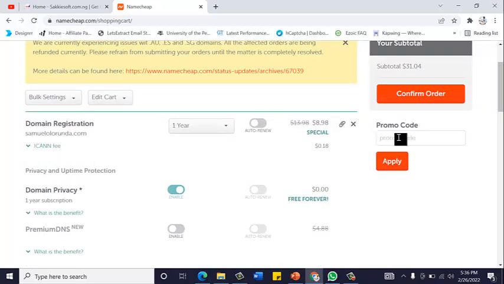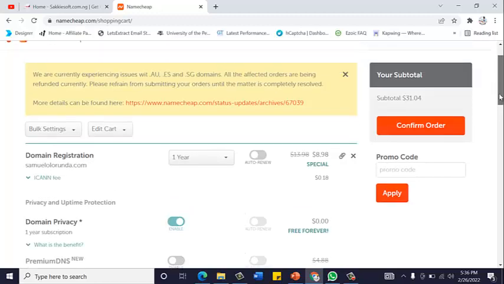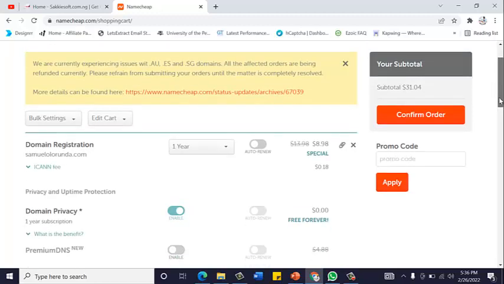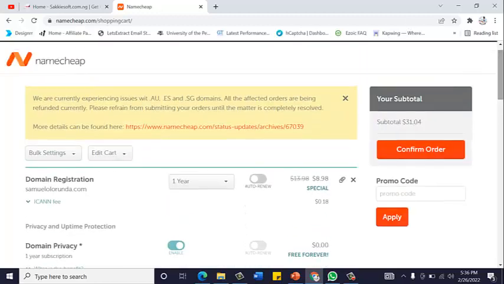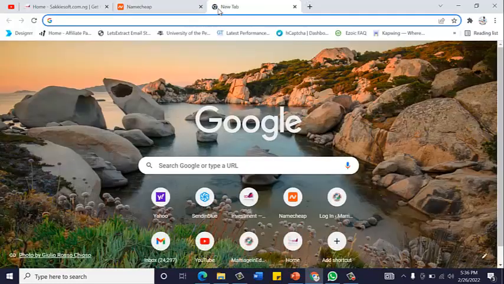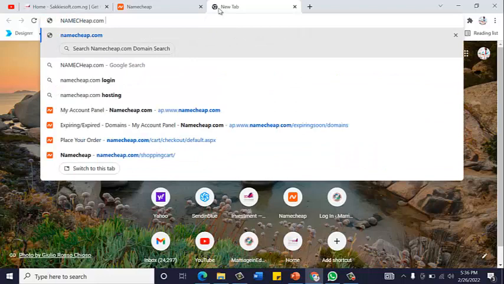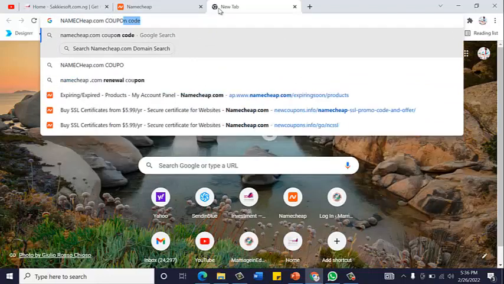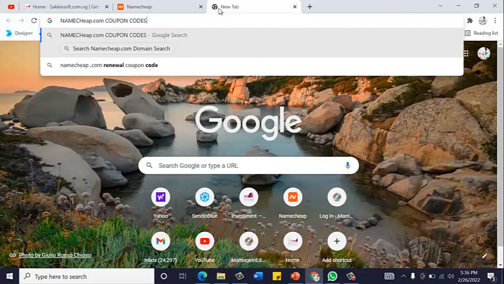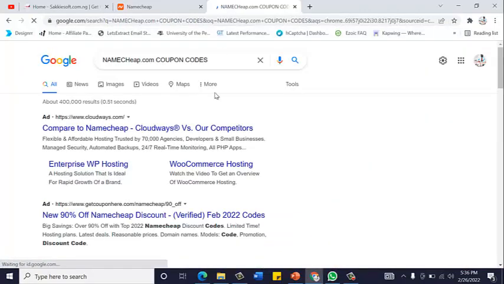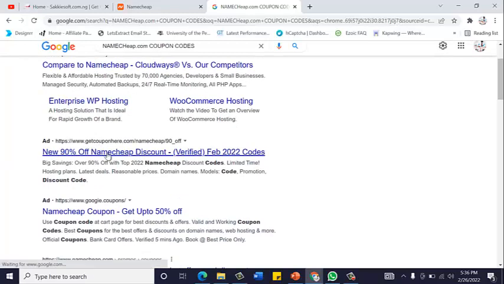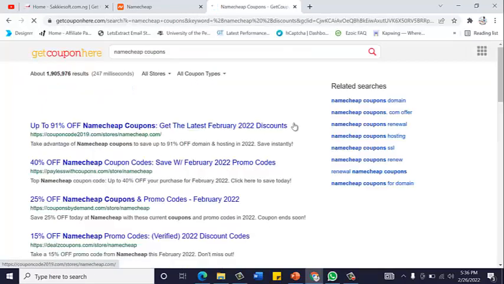Now, this promo code, most of these providers have promo codes. And how do you get the code? You can go online and search for Namecheap.com coupon codes. So if you go, you can just scroll through, look at this one, a 90% off Namecheap discount. These are where you click. Once you click,